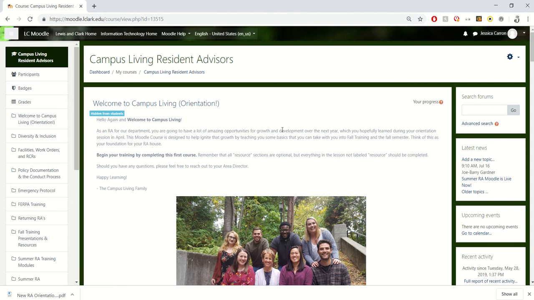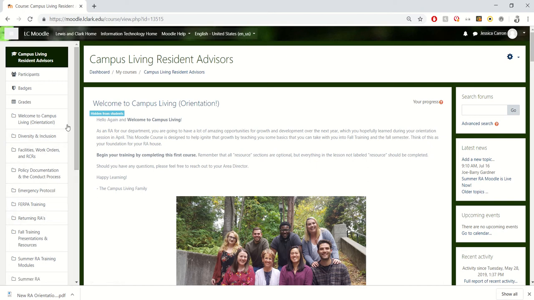They will not. But some things you will see when you log in is orientation will pop up right away at the top. You'll have a little progress area here. And then over on the side here to the left, you will see all the folders for the different topics that you'll be required to complete in the course. So we have a number of different things for you to do. Each of these will take about a half an hour to an hour once you get through everything. So make sure that you're using your time wisely.